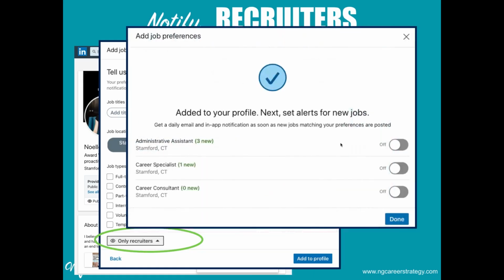And once you complete that, or at least once I completed that, then it allows you to set up job alerts as well. So this is part of setting up a passive job search strategy, if you will. You're going to get your alerts set on LinkedIn so that you're hearing about any jobs that come under these categories, and you don't have to necessarily spend as much time actively